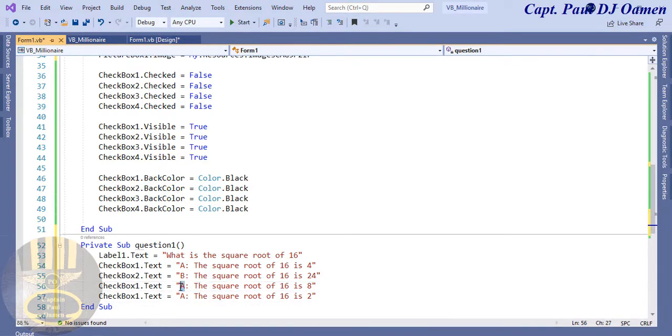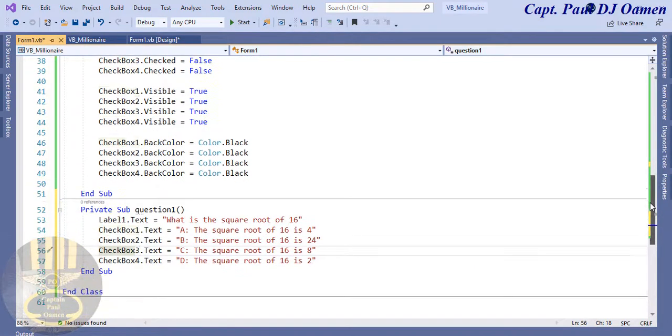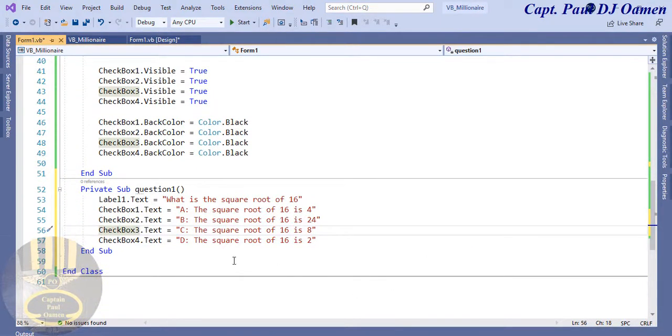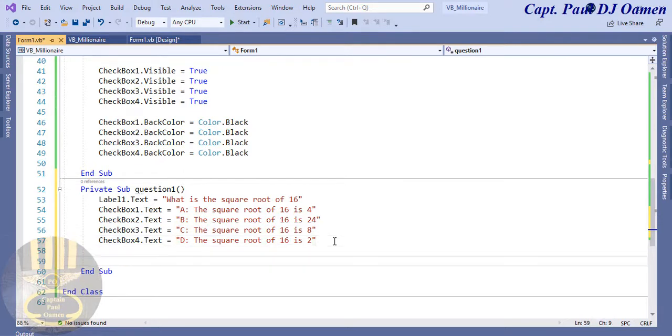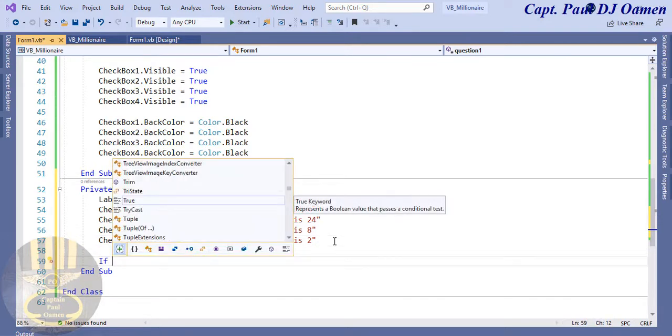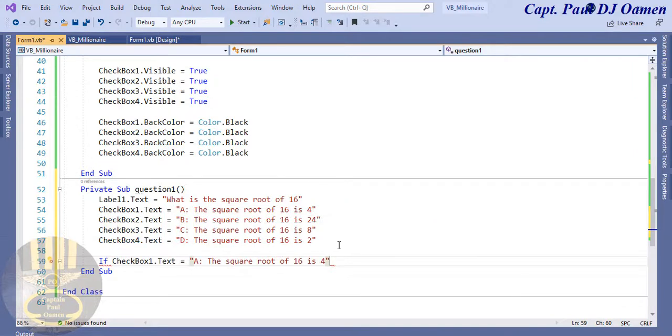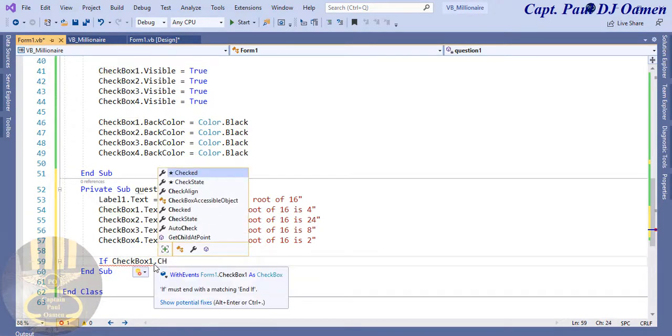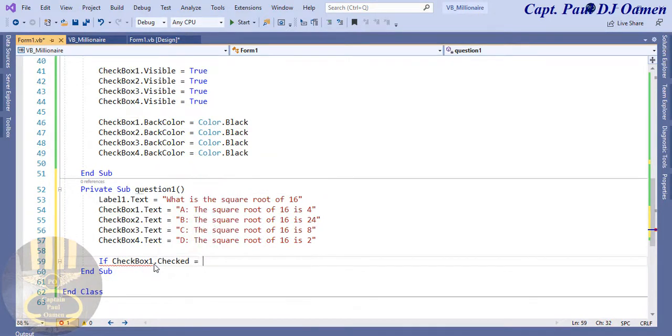This will be C, D, and this is 4, 3. There. So that's my very first question. Now let's use an if statement to validate the correct answer. If checkbox 1 is checked, let's say dot checked equals true,